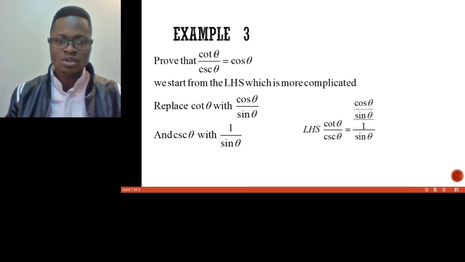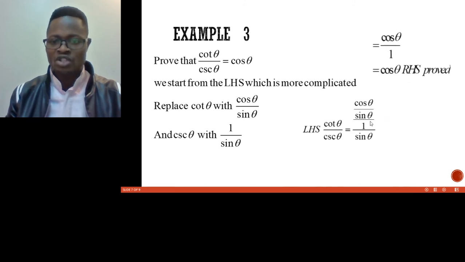Remember, we are having cot theta divided by cosecant theta. So that is why this cos theta divided by sin theta represents cot theta, and it is divided by 1 divided by sin theta, which is representing cosecant theta. Of course, we can do a bit of simplification. We will simply have cos theta divided by 1,